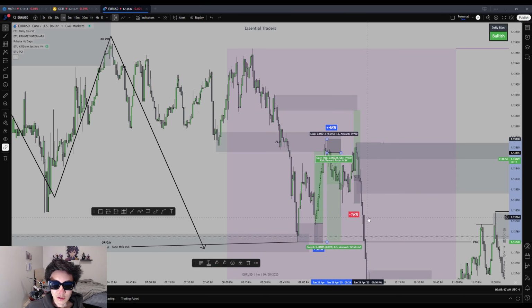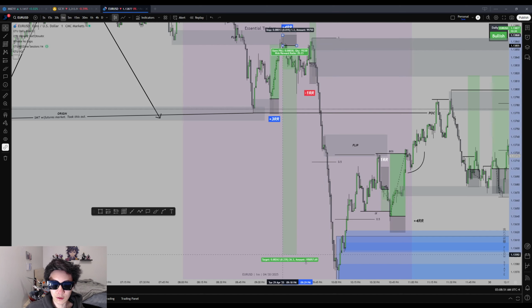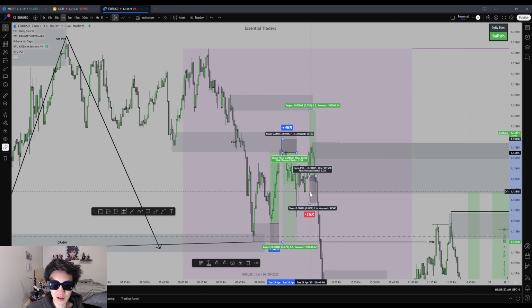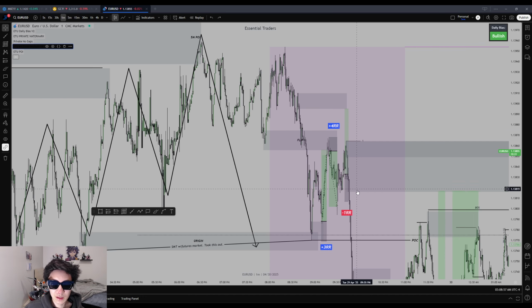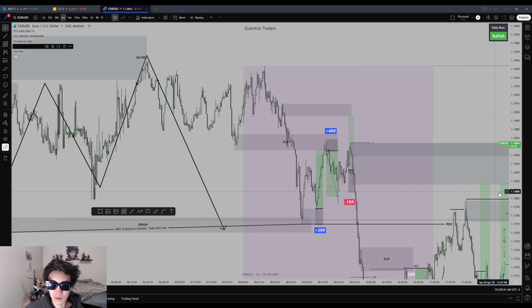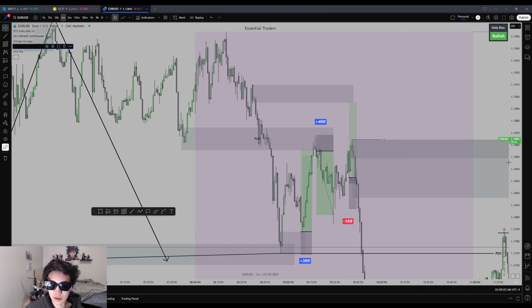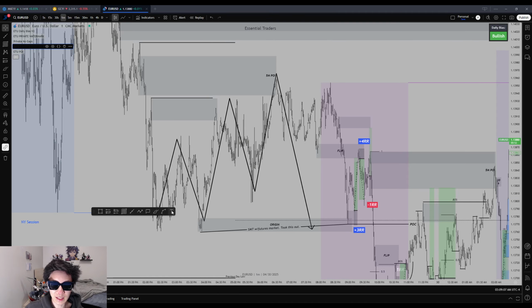Looking back, of course, I could have made a lot more if I just held and just targeted the low again. Of course, I missed out on a ton of money here, but it's just the name of the game, man. And the reason why was because we took out this low. I was thinking we could actually continue higher, and I don't want to miss this move if we do continue higher, because taking out a QM model, so we have the QM model, taking out this low,